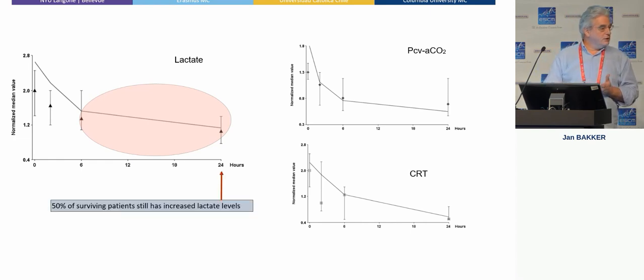And 50% of these surviving patients still had increased lactate. So they did not have hypoperfusion anymore. That was corrected. But they still had a problem with either lactate production or lactate clearance. And so in this period, lactate is telling you something different than "please give volume to correct your lactate," what